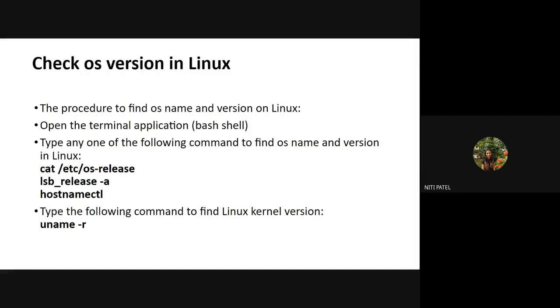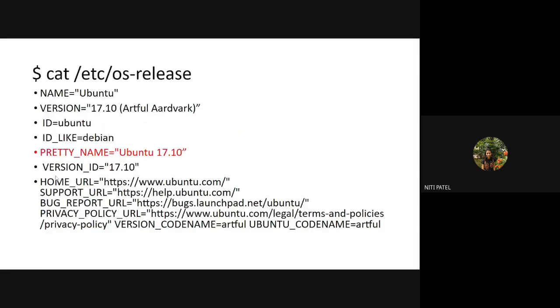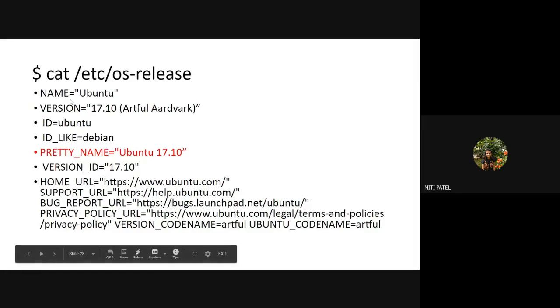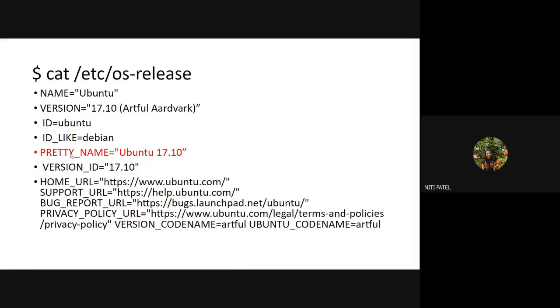Okay. Then next we had seen how we have to check the version of our Linux operating system. So there are 4 to 5 commands. So first command is cat /etc/os-release. So when I press enter on this command, I get to see this as output, which will tell me what is the version number. So to check the version number, I have to see this PRETTY_NAME is equal to Ubuntu 17.10, which means Ubuntu 17 is installed on my system.